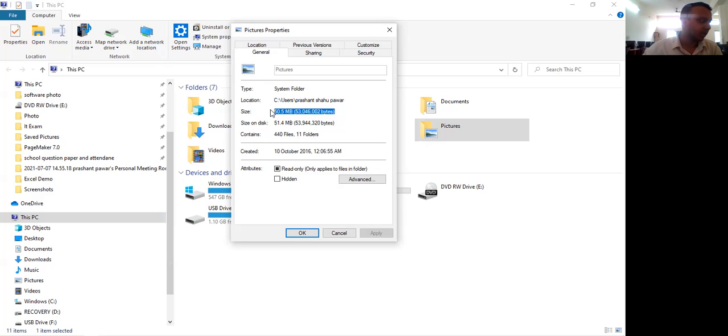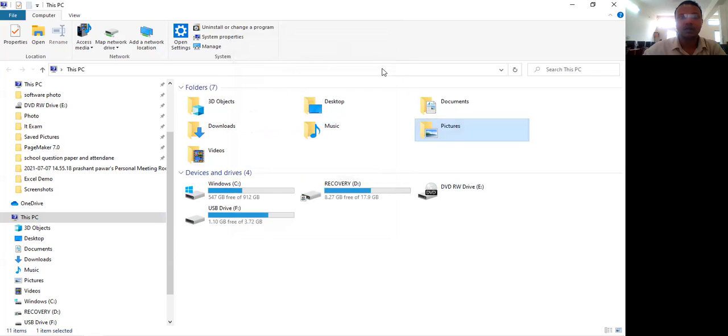So first, 8 bits will be converted into 1 byte. Then 1024 bytes will be converted into a kilobyte. And then 1024 kilobytes will be converted into an MB, like this, in increasing order. You can check out the charts in chapter 6 also. That is page number 6 also, sorry.